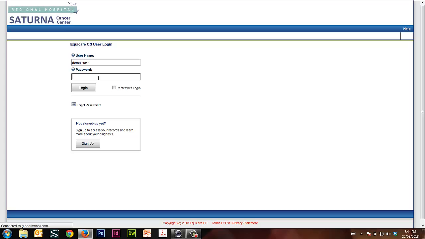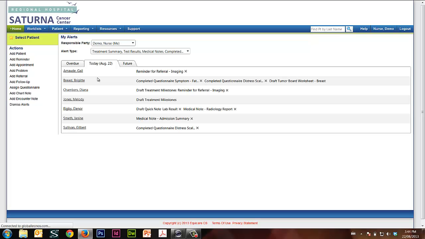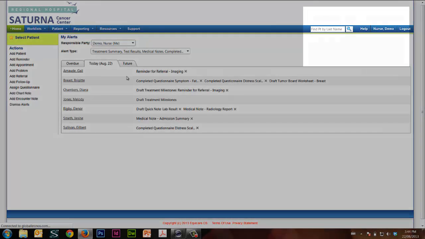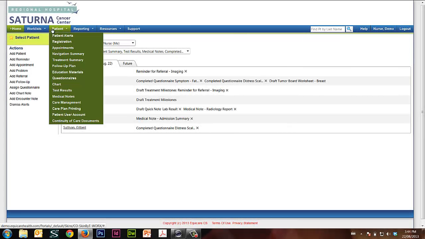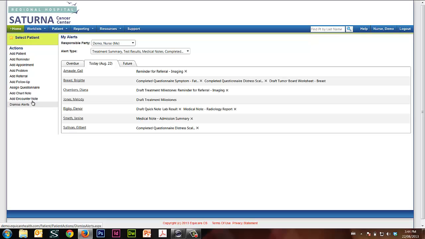So I'm going to switch over to my browser now. EQUICARE is a web-based application, so you can use any browser with internet access. I've logged in as a nurse. You can see who I am over here. I have a series of menus which allow me to navigate the software. I've also got a series of actions here which just give me access to some commonly used functions in the